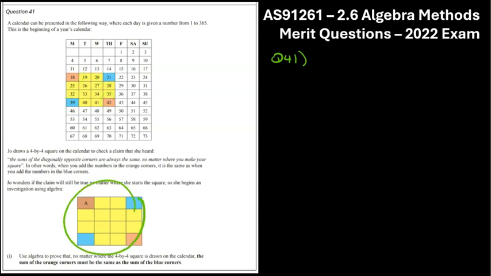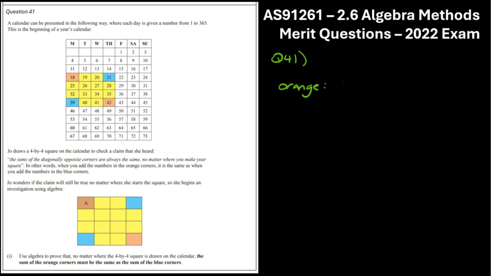And down the bottom there, they've generalized for us, so they know our top left corner is always going to be A. So what I'm going to do is I'm going to start off by forming an expression. And my end goal here is I'm looking for an expression for the orange bits and an expression for the blue bits. And I'm hoping those expressions are equivalent. And that way I've shown it. So I guess the first thing to note,